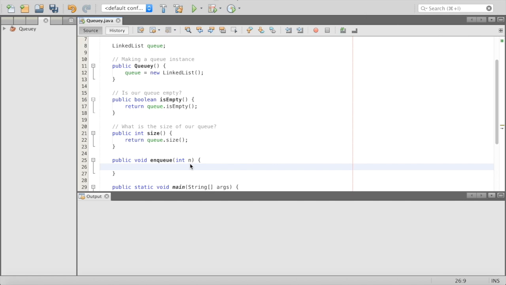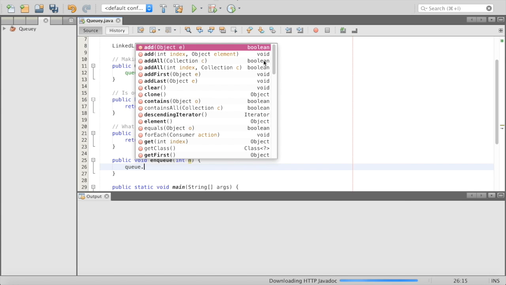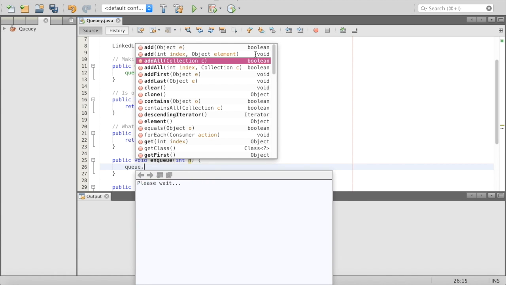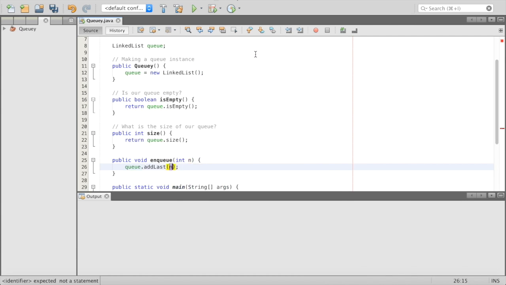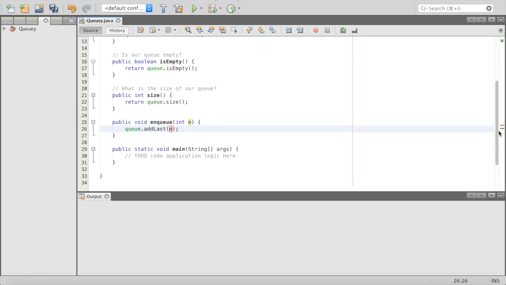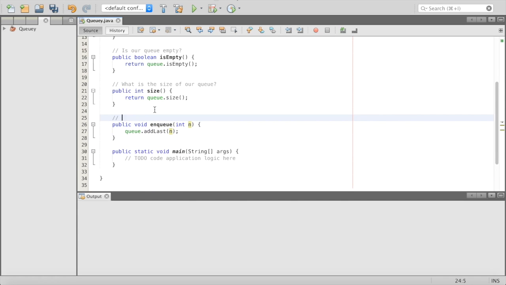So we are going to enqueue this thing, and so what does that even mean? Well, it means we're going to add whatever this int is to the back of our linked list. And so how are we going to do this? We're going to do queue, because that is what represents our queue, and we'll check it out here. And we will scroll down. Oh, look, add last. Guess what? That's what we want to do. We want to add it to the end of our linked list, and so that's what add last is going to do. We're done, so we're going to say enqueuing an item,